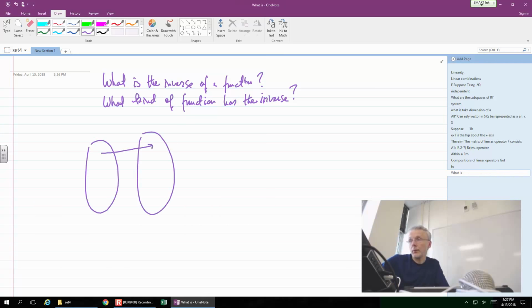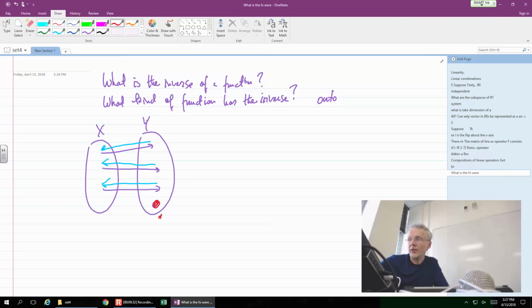Is it onto? Why onto? Because if I missed one entry over here, and there is no arrow arriving at this point, when I try to reverse the arrows, that's what the inverse is, reversing the arrows like this,